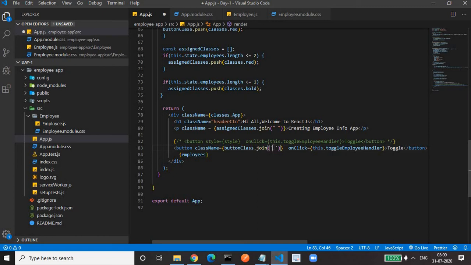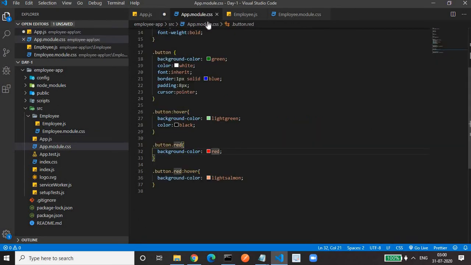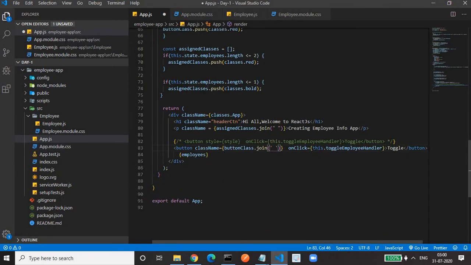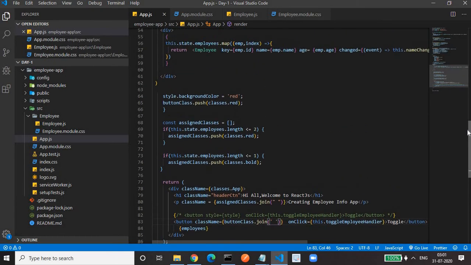So the key takeaway from this session is, if you want to add some CSS, you have to use CSS module. Then only whatever CSS property we define here will be scoped to this component. It won't be like global CSS. So we have to use CSS module.